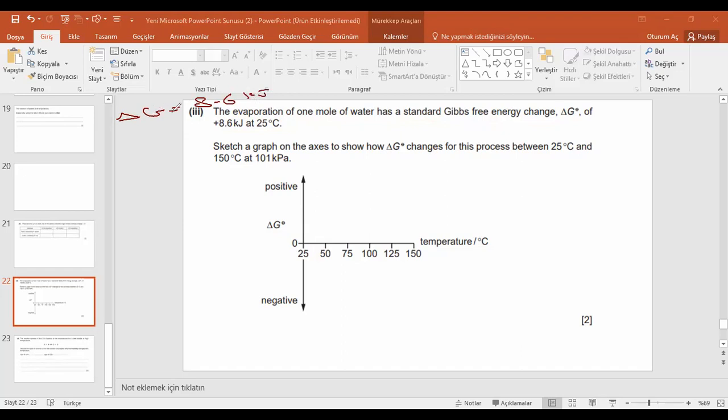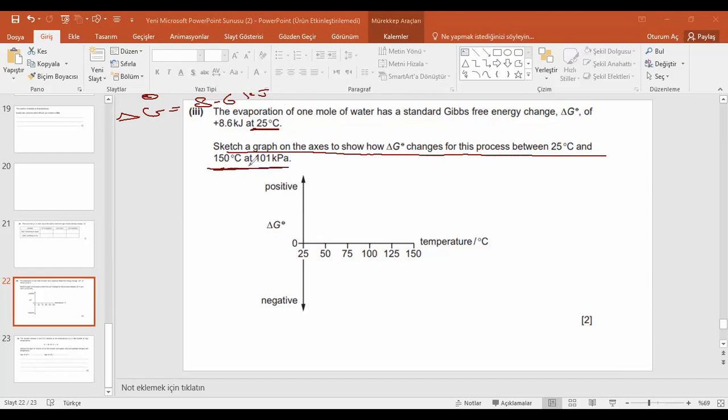This is the delta G at a temperature of 25. Sketch a graph on the axis to show how delta G changes for this process between 25 and 150,